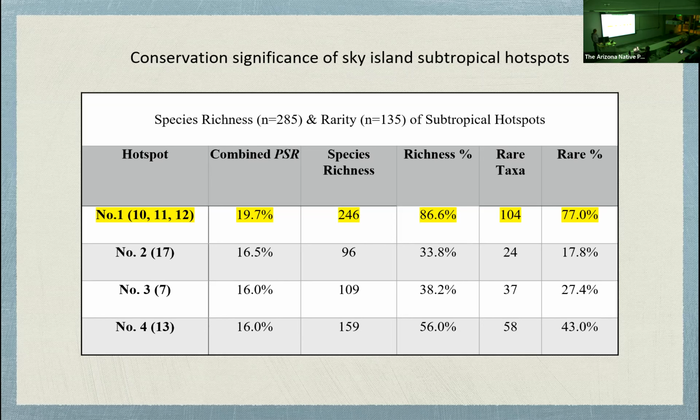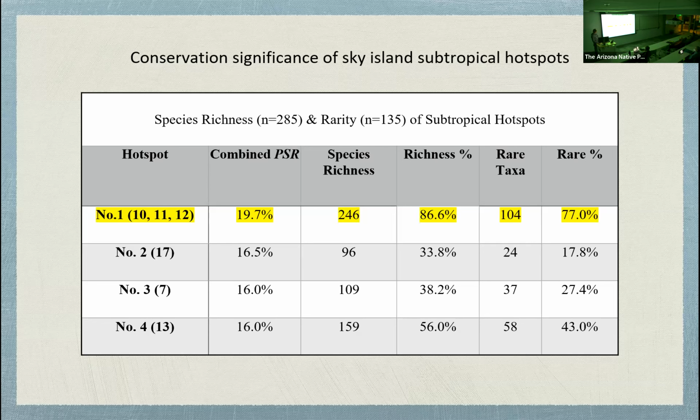And you can see what we came up with here is the Santa Cruz County hotspot, the main hotspot, falling mostly in Santa Cruz County, has 86, almost 87% of all subtropical species in the U.S. Sky Islands found there. Remarkable. And 77% of all of the subtropical rare taxa are found in that area. So that really represents an ideal place for some type of conservation action that could be taken in that area,